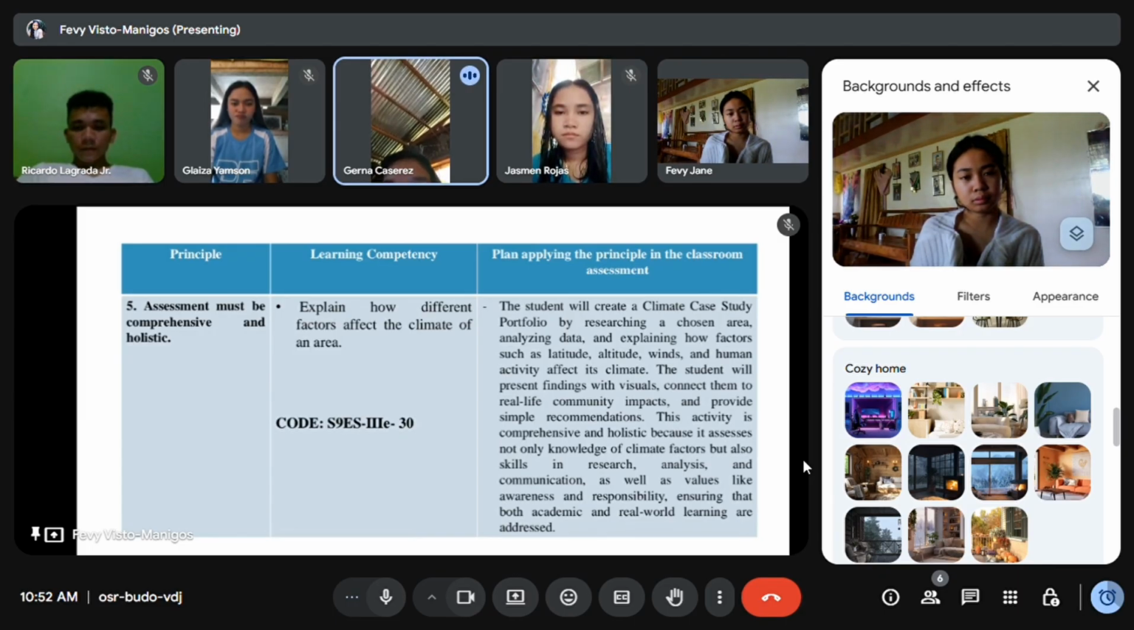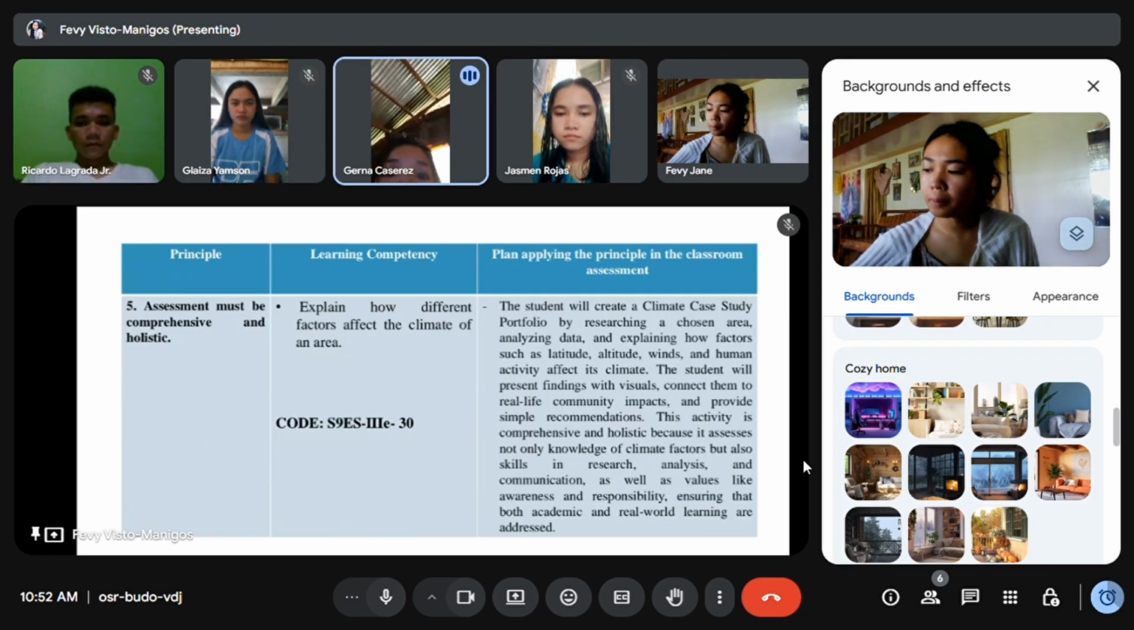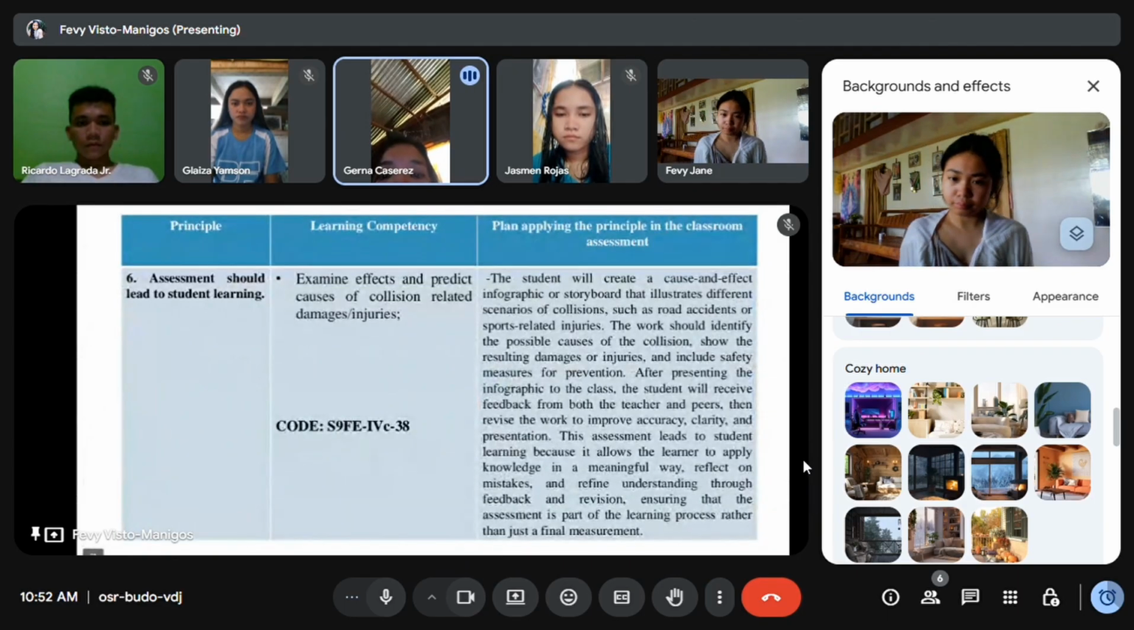recommendations. This activity is comprehensive and holistic because it assesses not only knowledge of climate factors but also skills in research, analysis, and communication, as well as values like awareness and responsibility, ensuring that both academic and real world learning are addressed. And lastly, number 6,